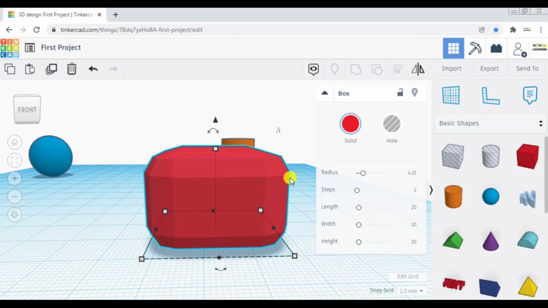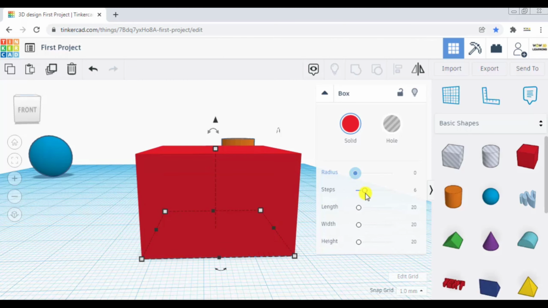Now if I increase steps, you see how the number of steps at which the value of change of angle changes is increasing continuously. In a way you can see steps allotted to the radius curve is smoothing out by just adjusting the steps. Now here if I again make the radius 0, the effect of steps won't be visible because there is no radius curve.